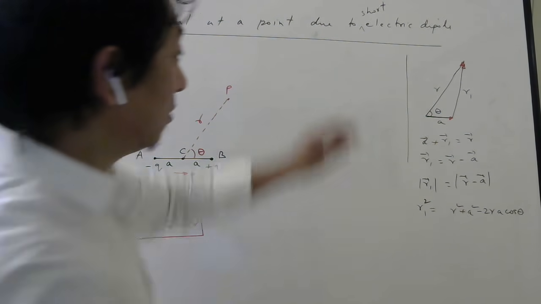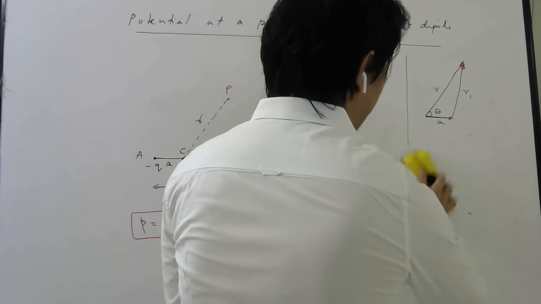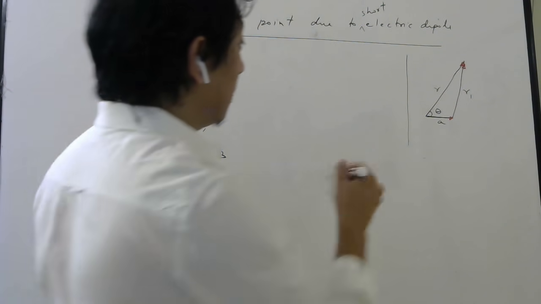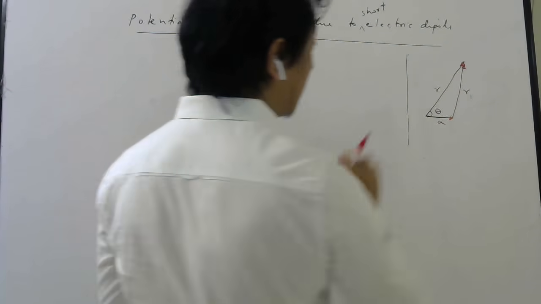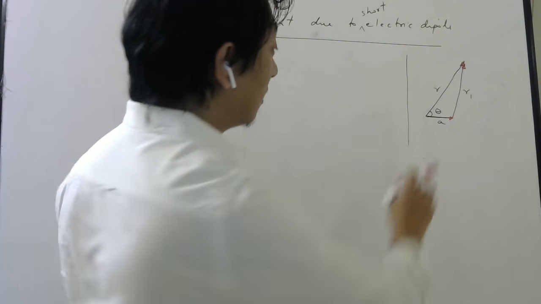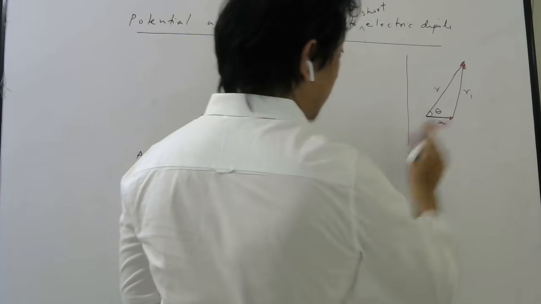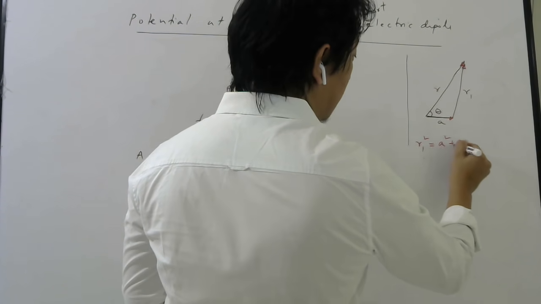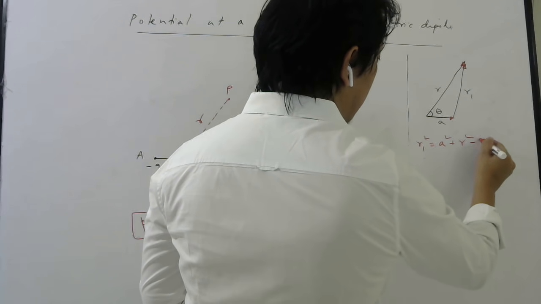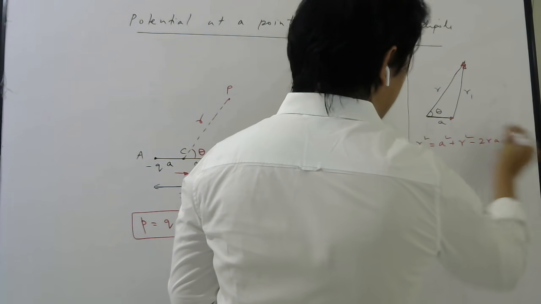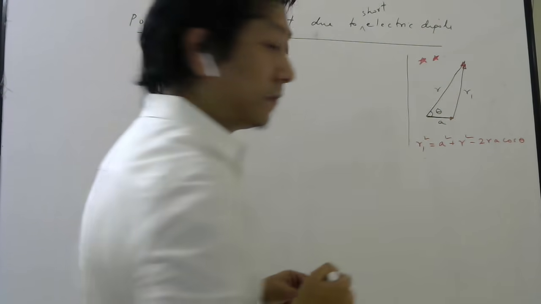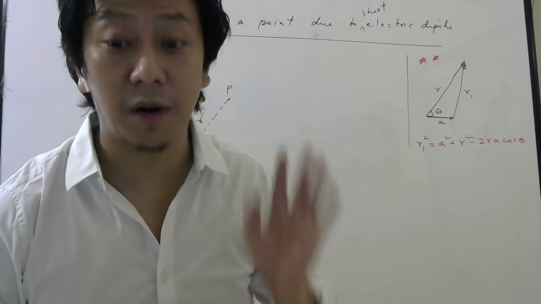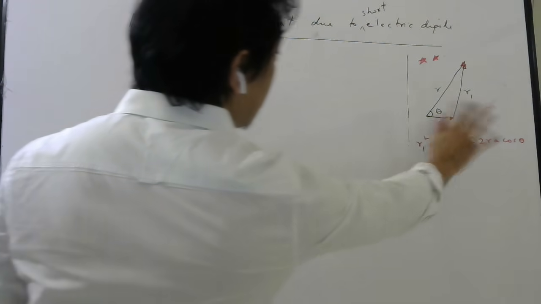So let me remove everything now. Formulas and all you don't need. Derivation of this you don't need. What you should know is, in a triangle, if this side is A, this side is R, other side is R1, and this angle is theta, then the side opposite to this angle, its square will always be A square plus R square minus 2RA cos theta. This is something you need to remember. There is a short way to do this derivation, but we should do it according to NCERT so that you get full marks. So look carefully. Keep this in your mind, students.